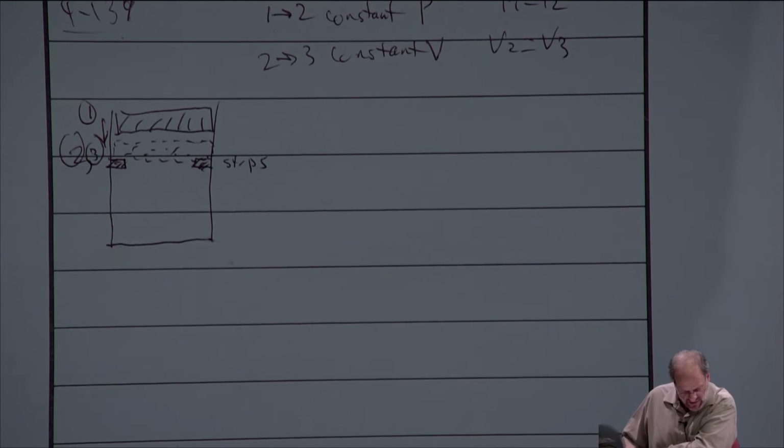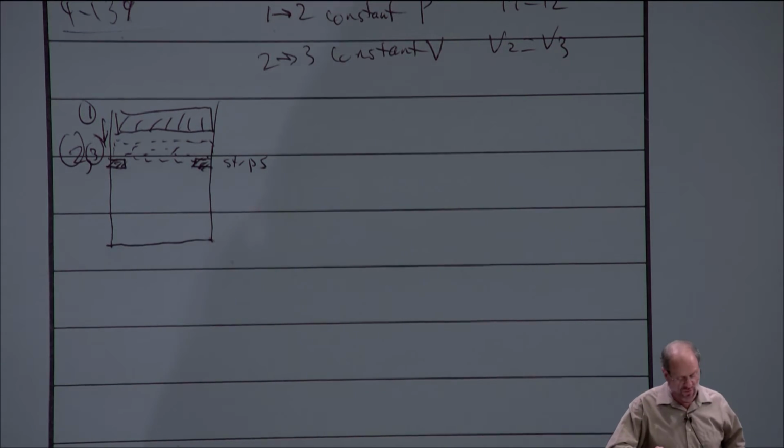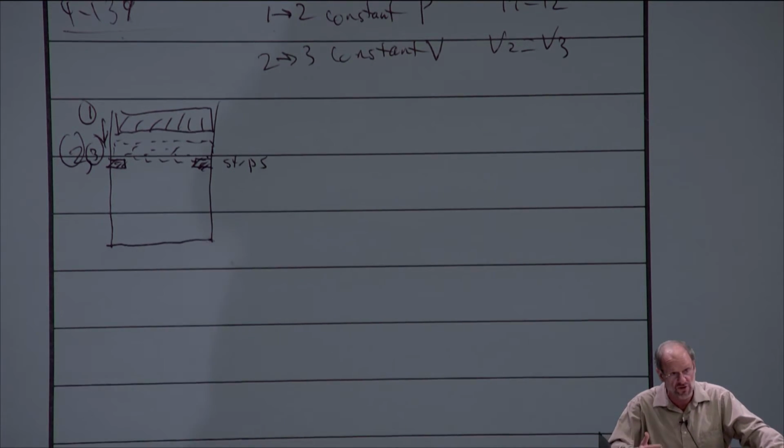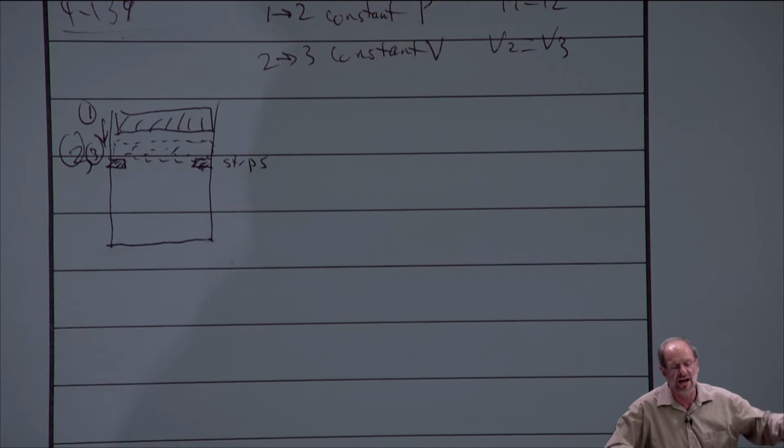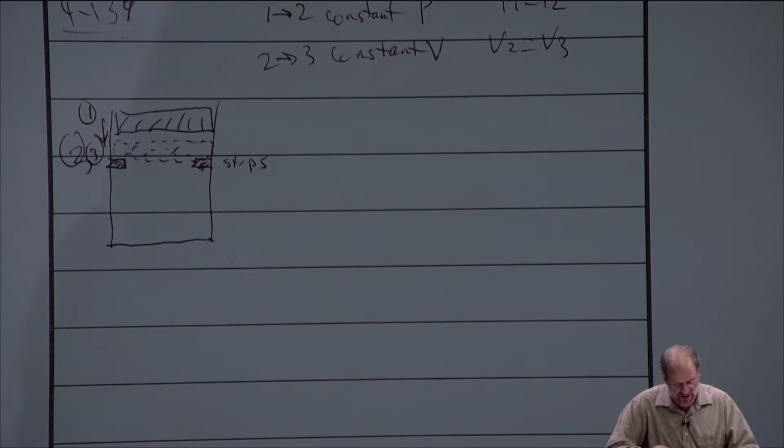Oh, by the way, there's one thing I should point out about this problem that I forgot to mention. I'm not really happy with the way the author worded the problem. He really should have used the word frictionless vertical piston cylinder device. Now, granted, there's a diagram in the book, so it should be very obvious, but it may not be obvious to you as you're first learning this material. The fact that it's a frictionless vertical piston cylinder device means that it's a constant pressure process, right? We know that. We've seen problems like this before, but they don't tell me that. The previous problem said that the piston moves under constant pressure, so it was obvious. In this problem, the author has not done well.